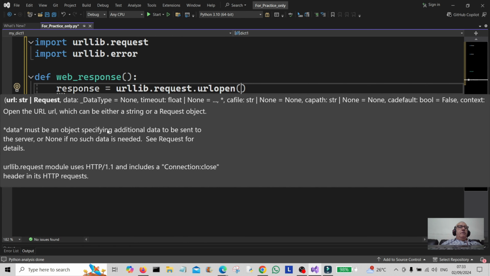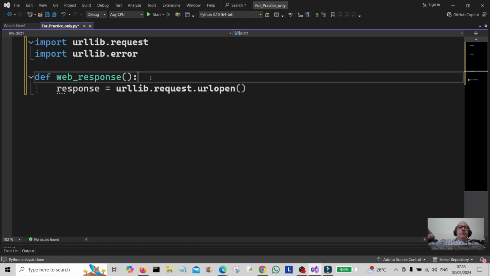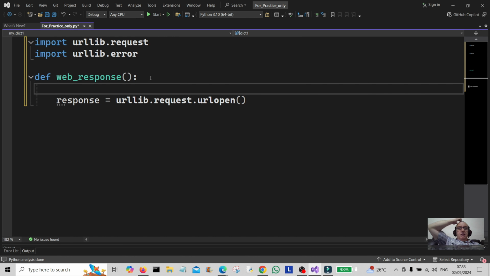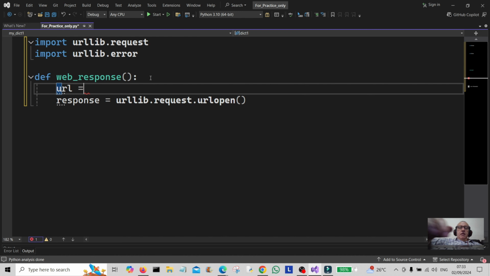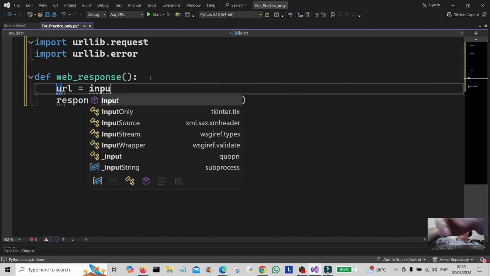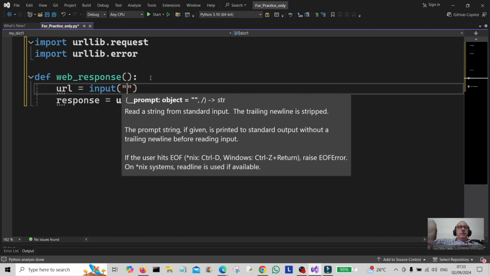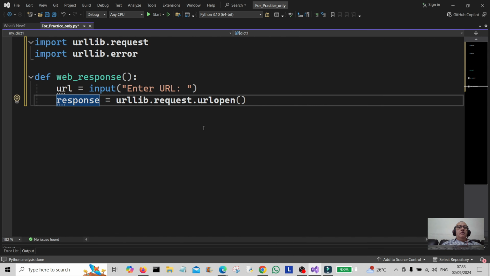Alright, but before we do that, we're going to create some input here. So we're going to get some user input. So this is going to be variable url is equal to input, and simply enter URL. Okay, and now we're going to type in here